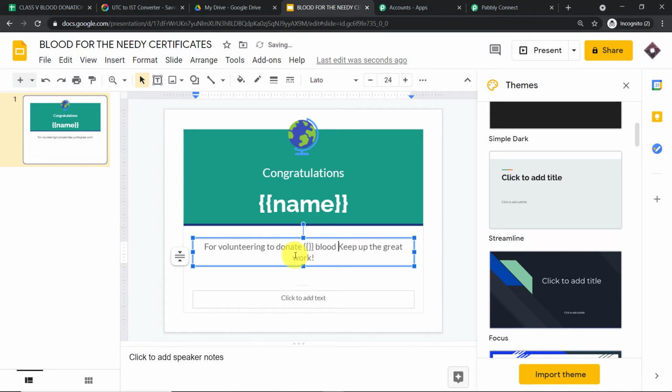So inside this pair of curly brackets, inside the dynamic tag, I'm going to mention the blood group. For example, if Amy's blood group is AB positive, it will sound something like, congratulations Amy for volunteering to donate AB positive blood, keep up the great work. Okay, so this is how it should work.